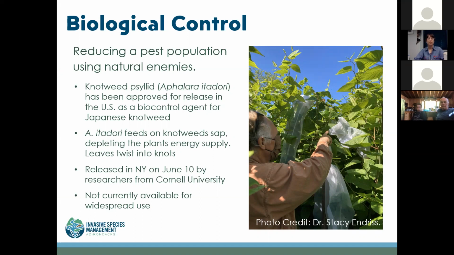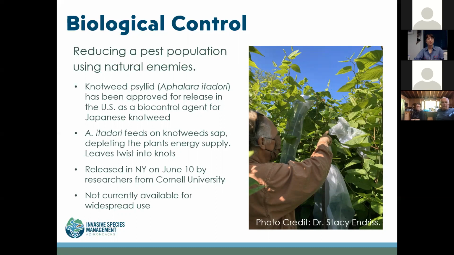We isolate one of those predators and bring it to the introduced range of knotweed, so that would be the United States. And after many years of research to confirm that this predator will only feed on knotweed and no other species, we can then release it into the environment to begin to act as a natural control for